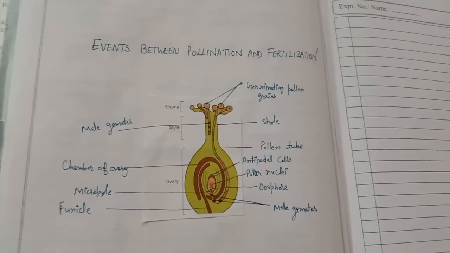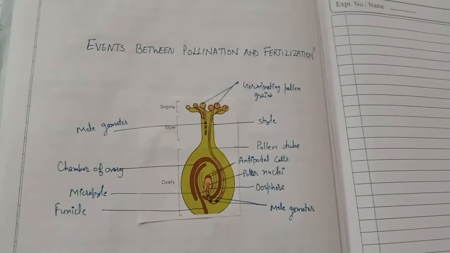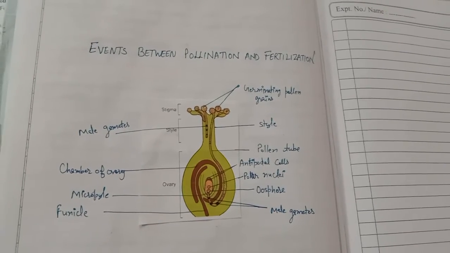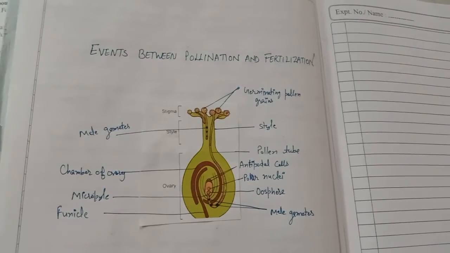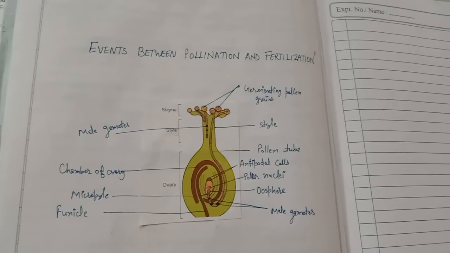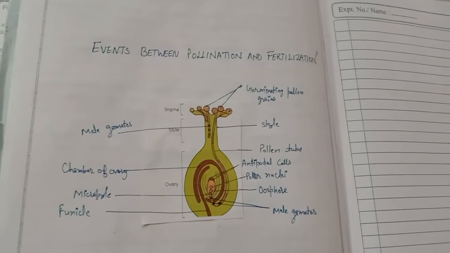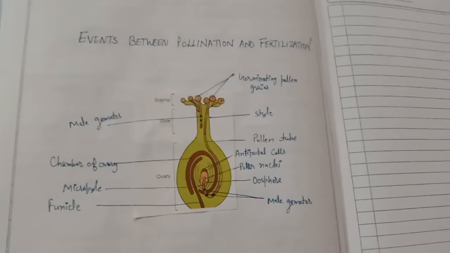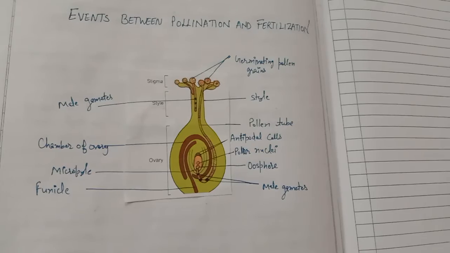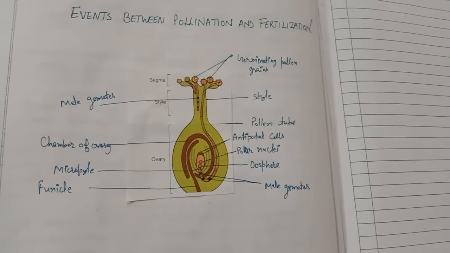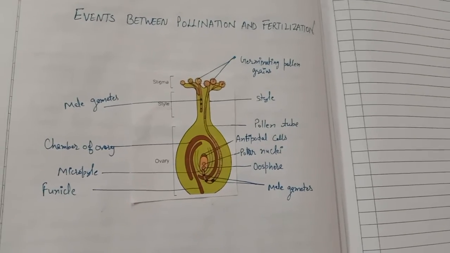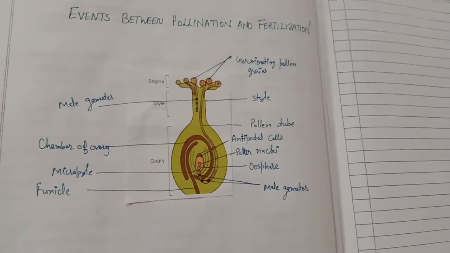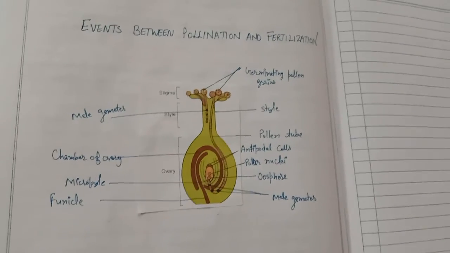What is the importance of the seed for the plant? It produces variations. Dispersal of seeds also takes place, which helps in adaptation of the plant to different environments. Due to the seed, the plants can grow anywhere, even from long distances, and due to the seed, the plant can produce their own generations.